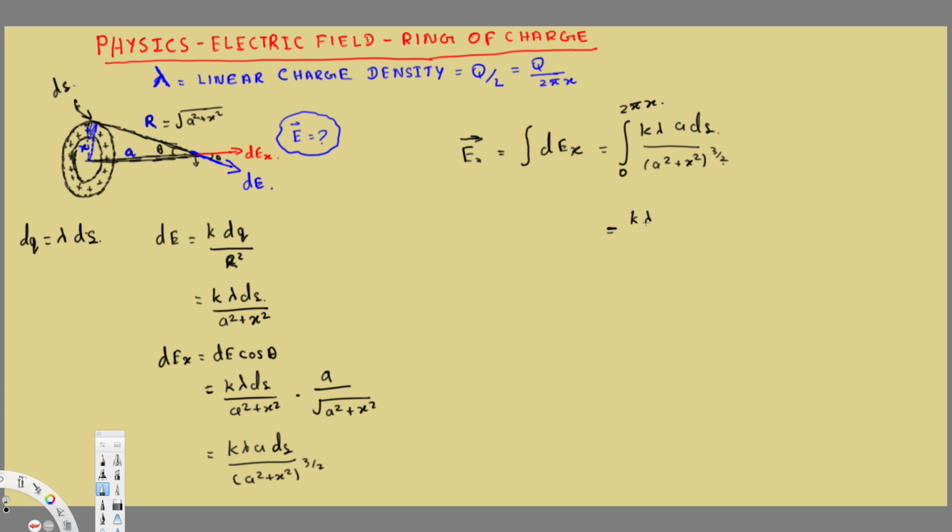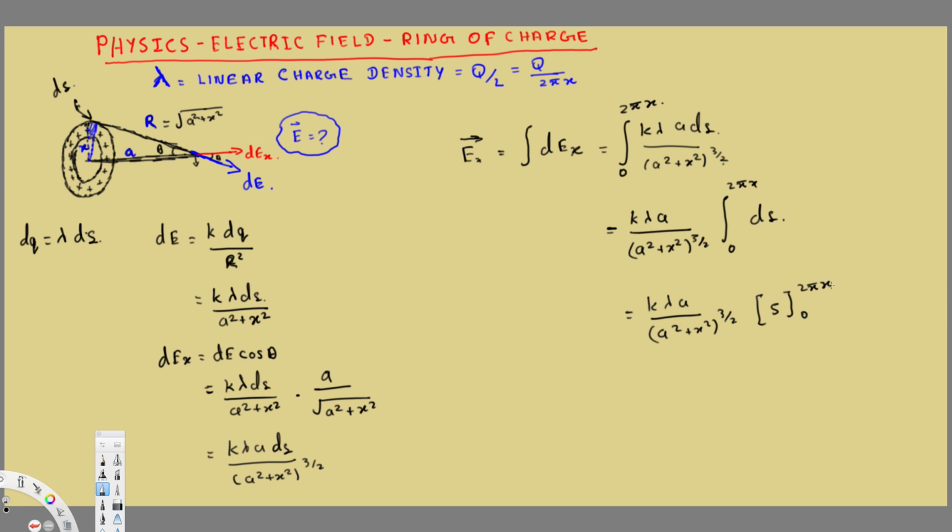So this is going to be k lambda a over (a square plus x square) to the power 3 by 2, times the integral from 0 to 2 pi x of ds. If you integrate this, it is simply s. So k lambda a over (a square plus x square) to the power 3 by 2, times s from 0 to 2 pi